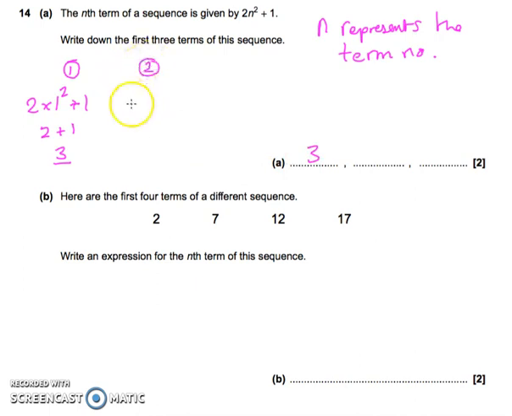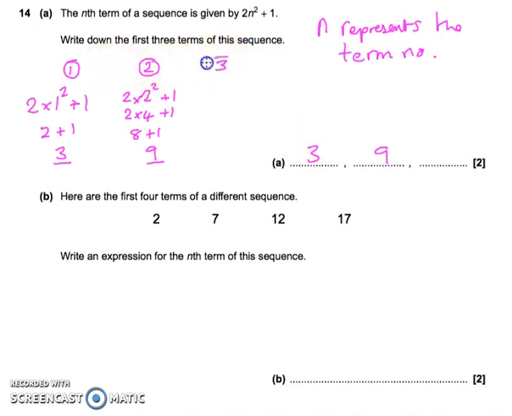Second term, we're going to do 2 times by 2 squared plus the 1. Well, 2 squared first is 4, so 2 times 4 plus 1. 2 times 4 is 8 plus 1 is 9. So 9 is the second term number, and then